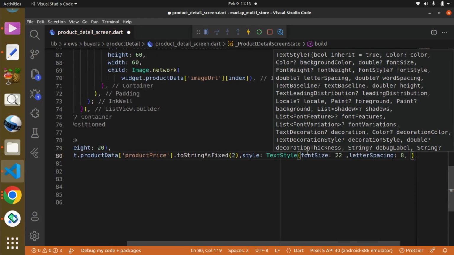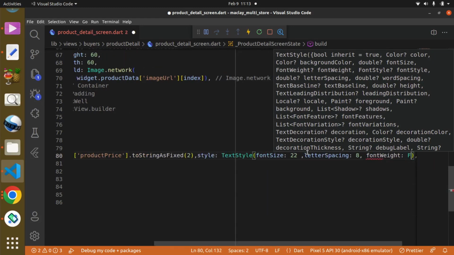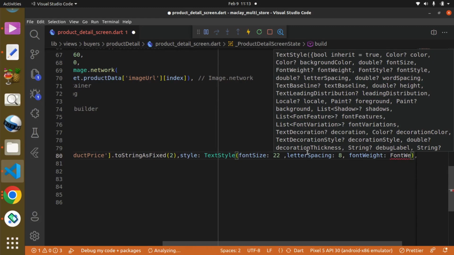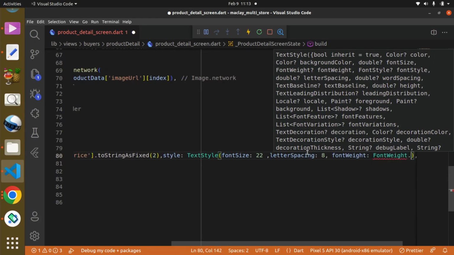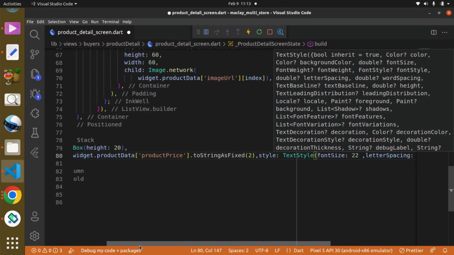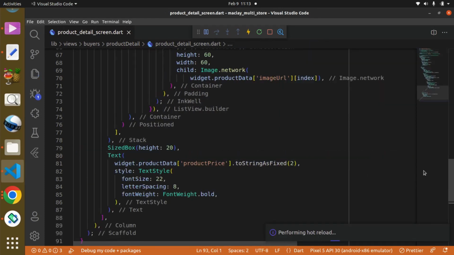We can say font weight, dot bold. Okay, great. Use Control and S to save,